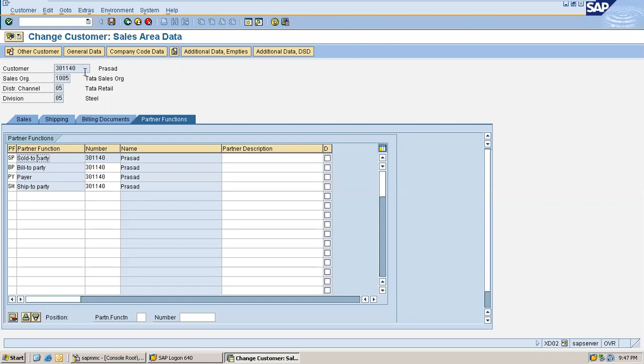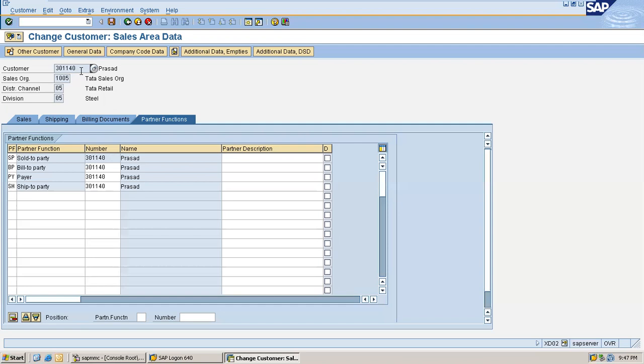Once I save it in XD01, whatever number the system generates for this customer master record is assigned to all partner functions. That means, though you create a customer number, if you don't have partner functions, this customer cannot be used in sales order processing.